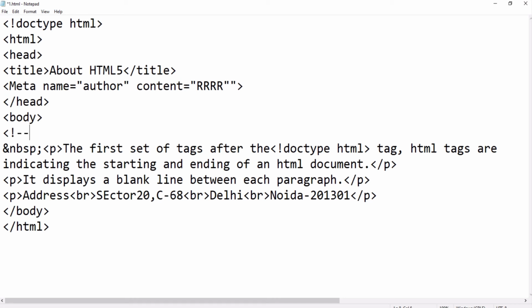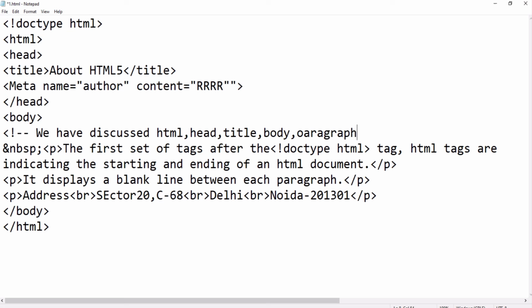So I am writing here the tags we have discussed: HTML, then head, then title, then body, then paragraph, and new line.